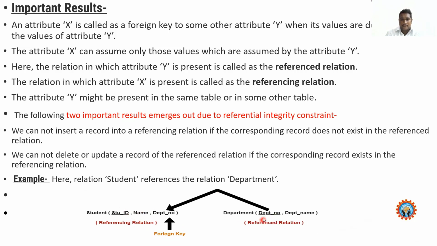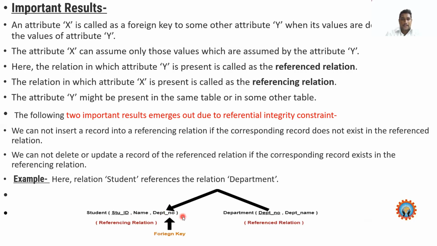Okay, so we have a table with the attributes department number and department name. See here, in the student relation, student ID is a primary key attribute, so it should be atomic. Whereas department number here is only one attribute, so there will be duplication of data. Whatever data is here, there will be duplicates.